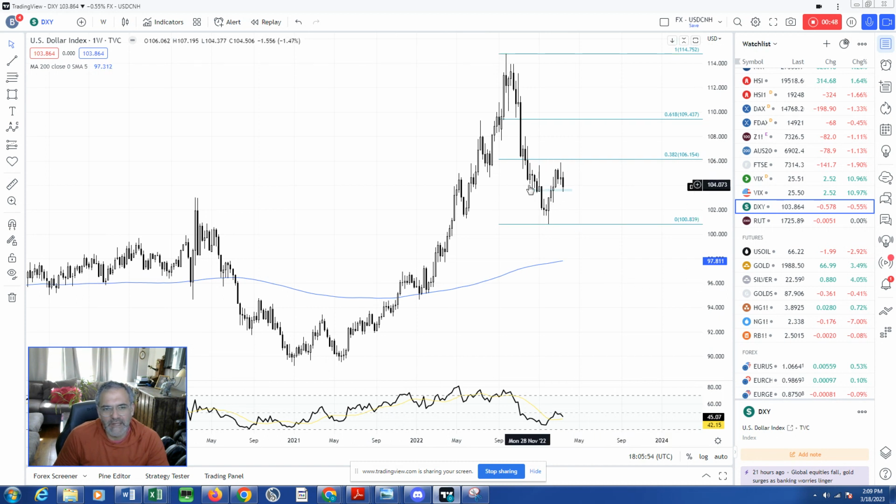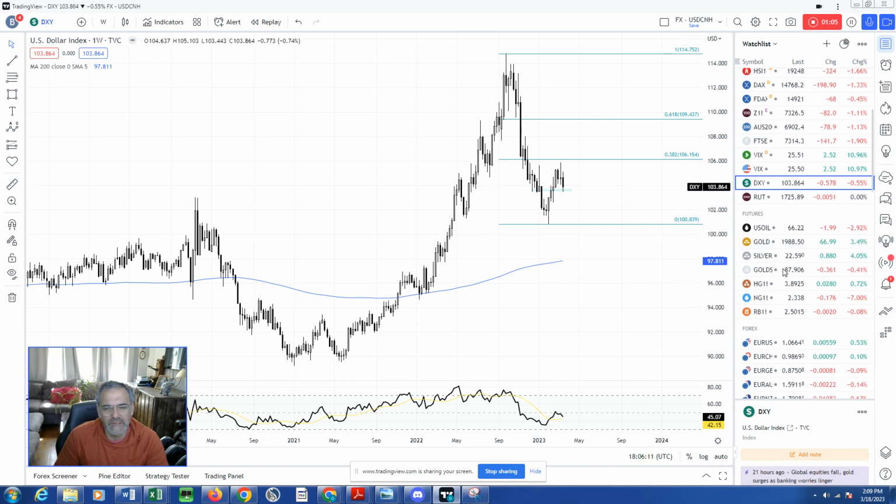This is very congested to me. It's not telling me much. Obviously, there was a little bit of a reversal here and some continuation into some support. Nothing much going on to me in the dollar index. I think the market is expecting or waiting to see what happens with the Fed here in the US.